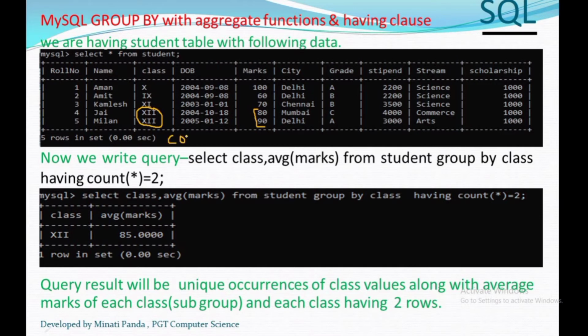The query result will be unique occurrences of class values along with the average marks of each class, with each class having 2 rows. Here there is only one output, which is 12th class, and its average mark is (80 plus 90) divided by 2, which will be 85.